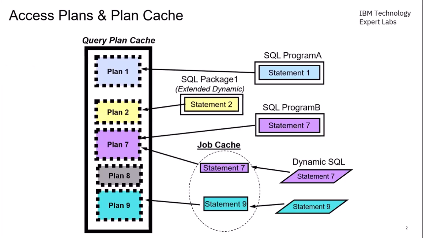Okay. All right. So on the left-hand side is that centralized repository called the query plan cache. And that's when the optimizer's done figuring out the fastest way to run your query. That's when we're going to store that and reuse that. And what the ACS SQL Performance Center is doing is really giving you a graphical interface to navigate and look at